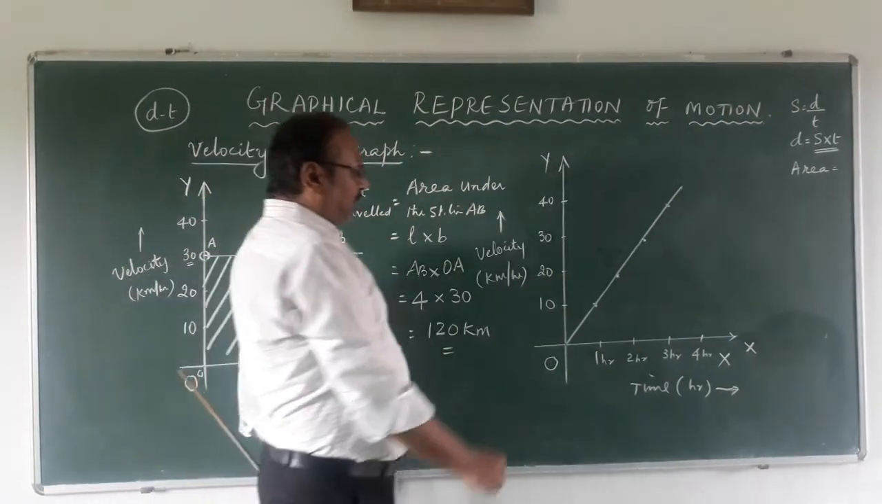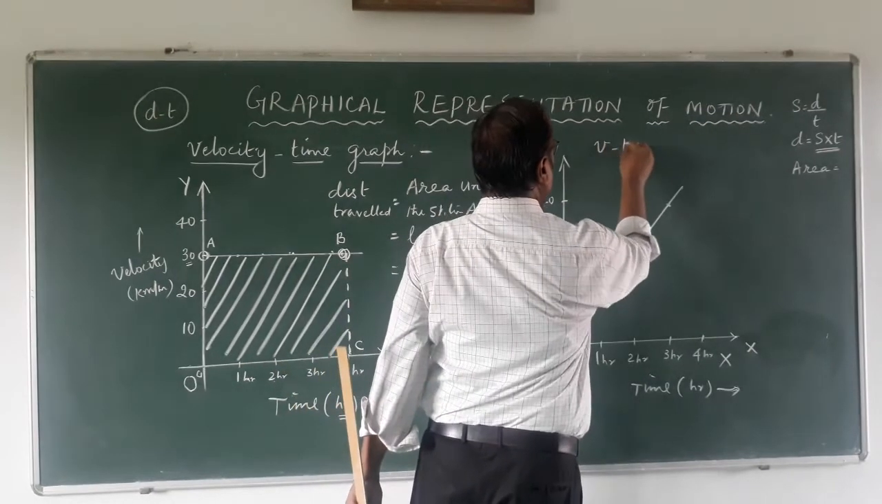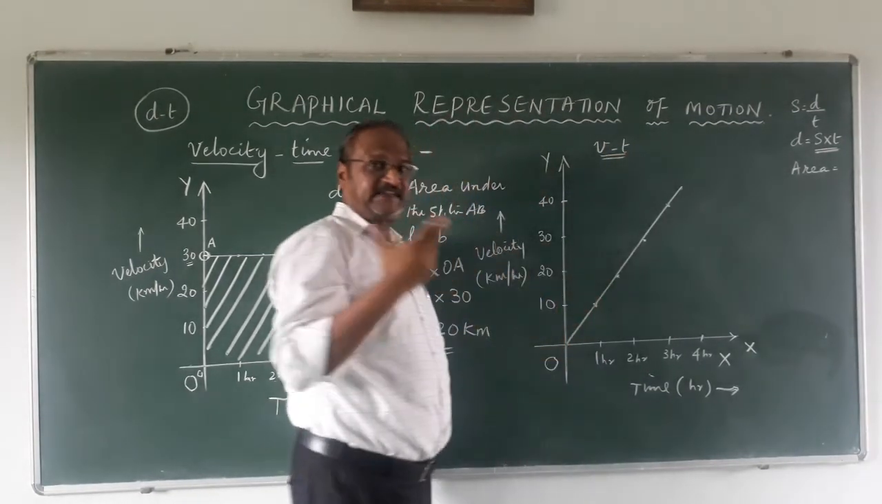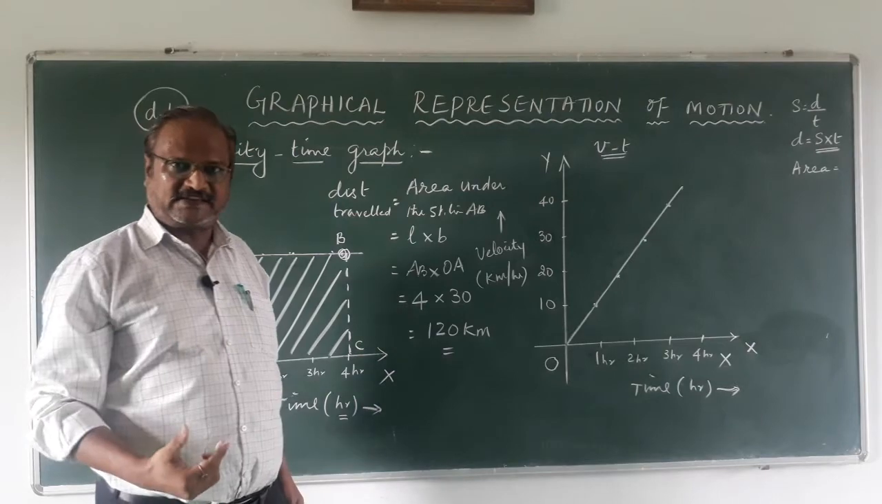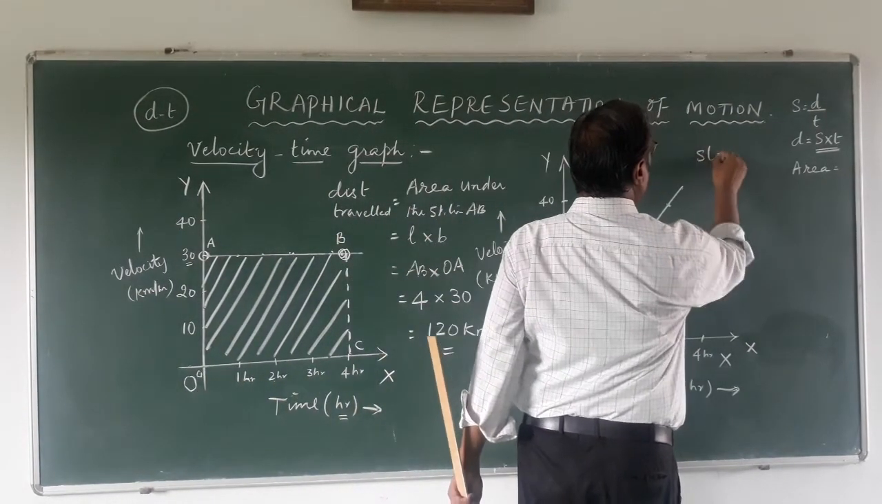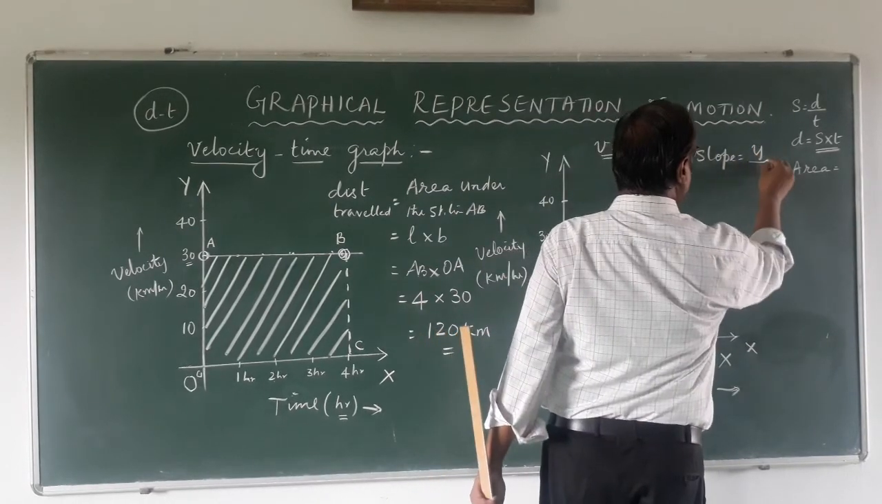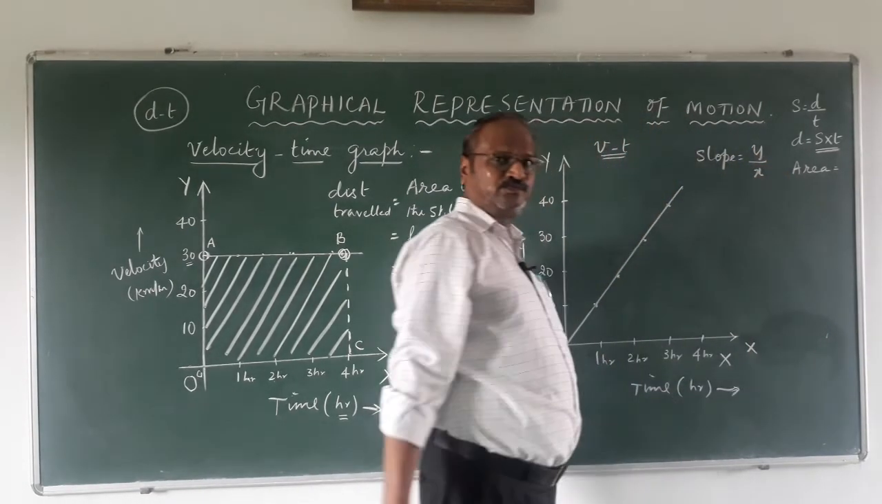Now, in this velocity time graph, I can calculate two things. One is, I can calculate the slope. What will be the slope? The slope is equal to the y-axis value upon the x-axis value. So let me